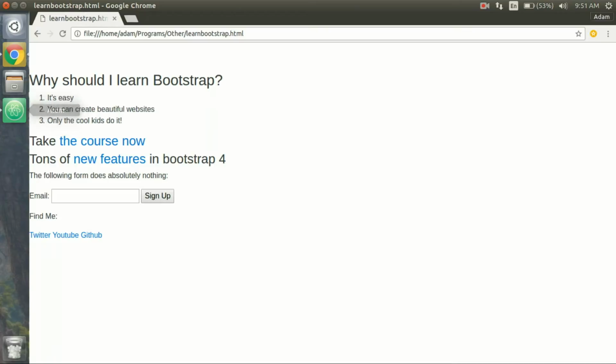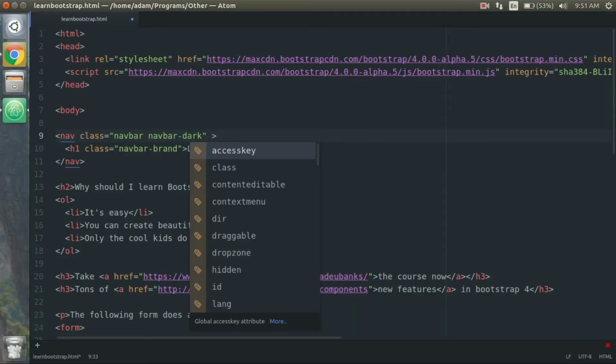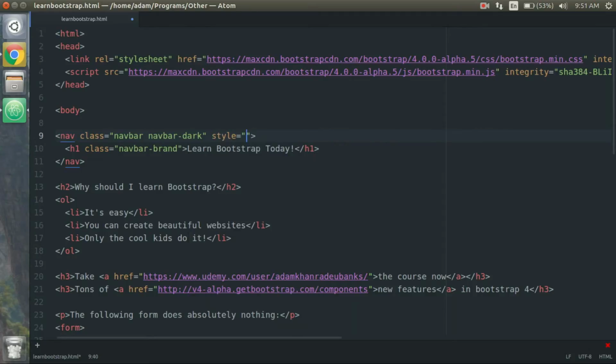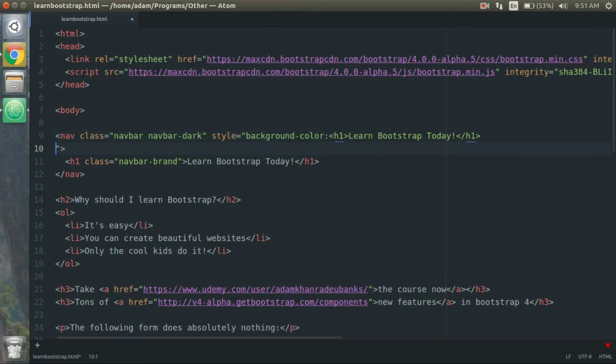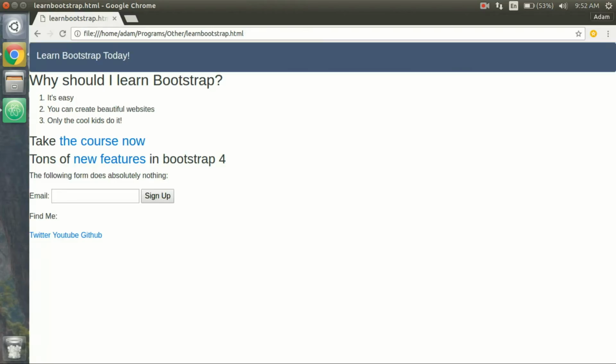So what I'm going to do is just open up our text editor, and in the first nav tag, I'm going to say style, and then inside here we'll have background color is going to be this color that I picked out. Alright, so I got that in there, and I'll add a semicolon, save, and now you see the white text shows up on the bluish background, and we have Learn Bootstrap Today in small text inside the navbar,